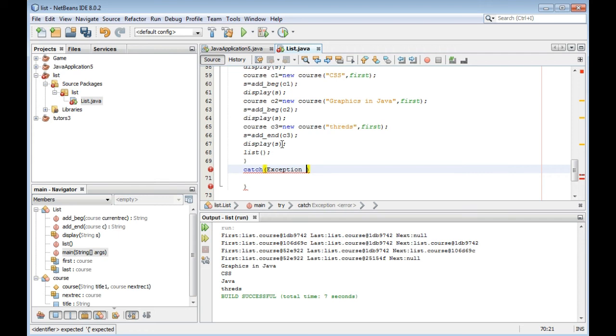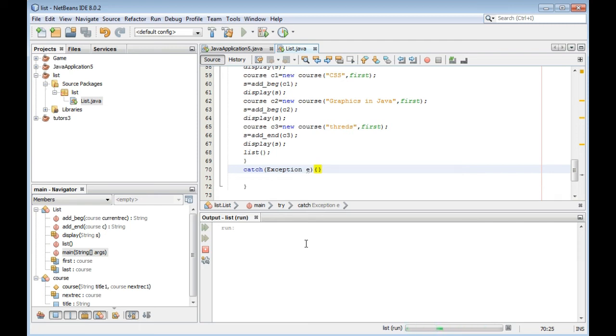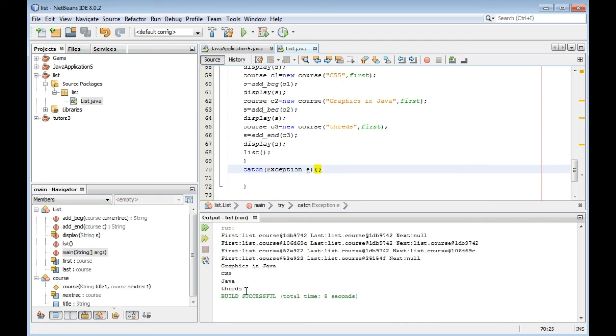So there is a problem. It has added, but there is an exception. If there is an exception, then you have to write try, with all the code inside try, and you should implement it. There is a problem with the display, this semicolon, and we should catch this exception.